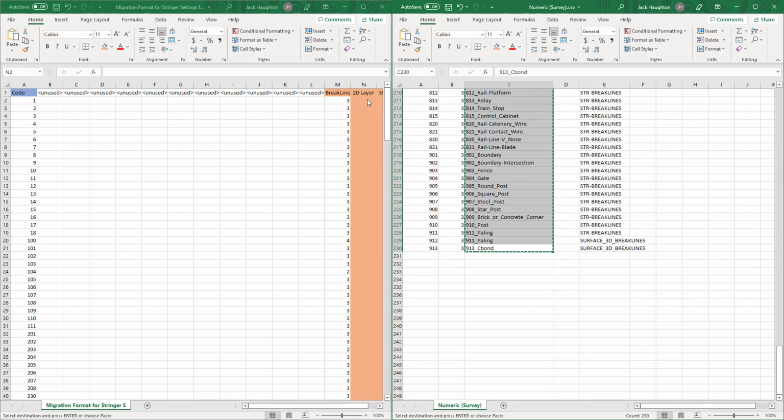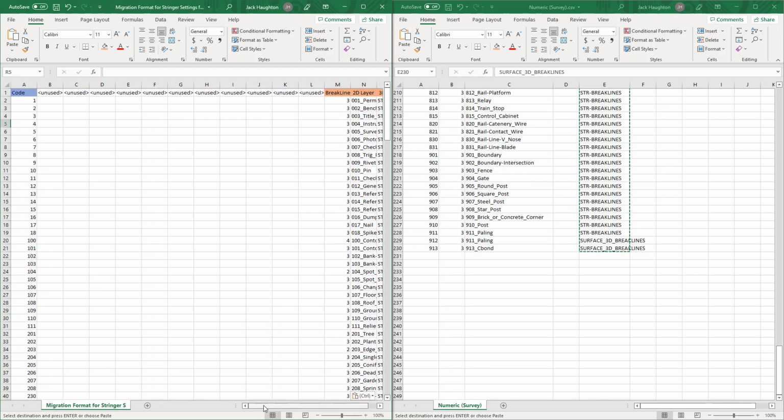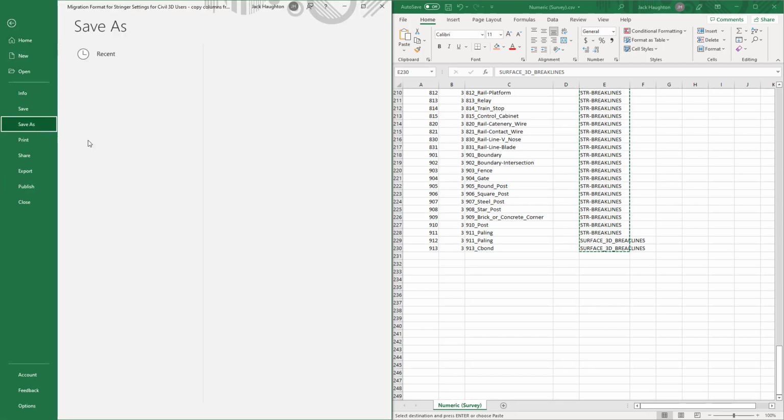Next off, if your survey does happen to have 3D layers, select the E column, highlight that one and bring it over. As said before, you need to make sure that any layers, styles, codes, and the rest is already loaded into your drawing before you try to bring any of this information in. Once done, save the template where you know it is,